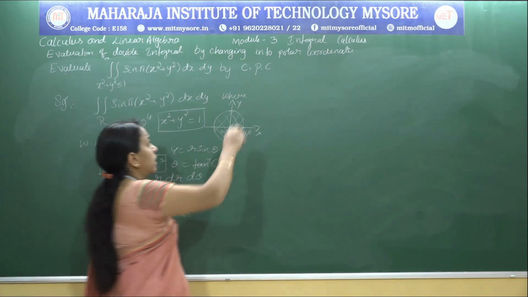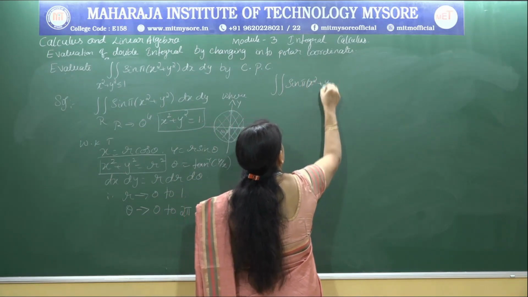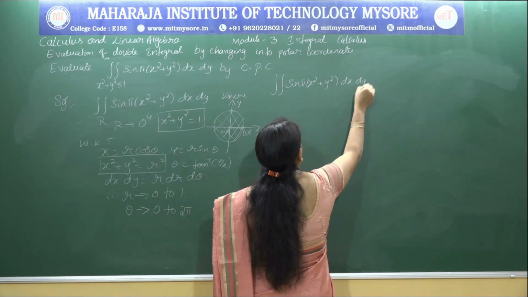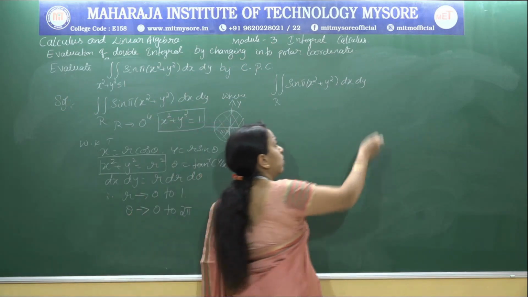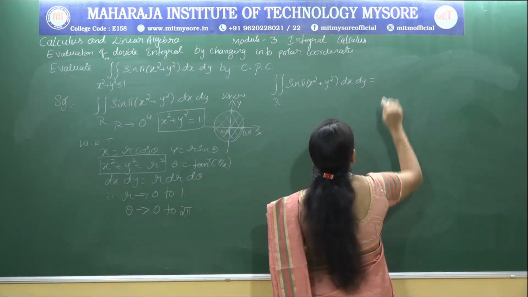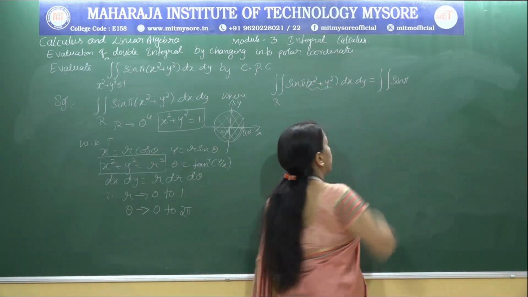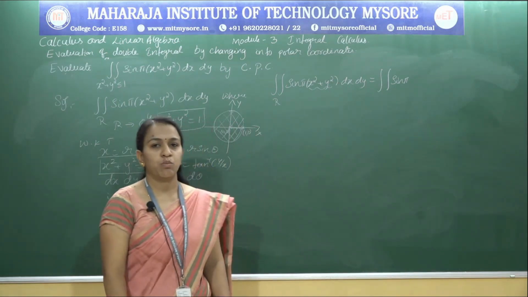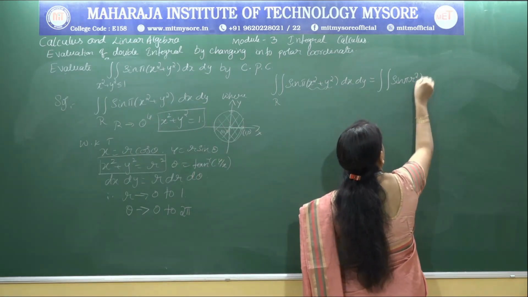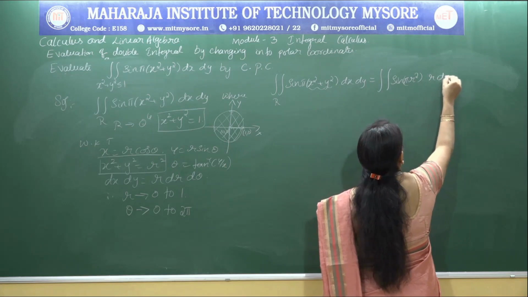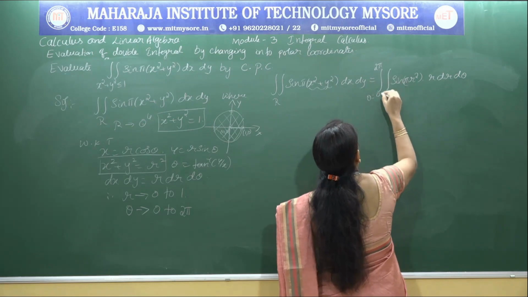So consider the given double integral of sin pi of x square plus y square dx dy over the region R. I represent it by R because R is given by x square plus y square equal to 1, of course less than or equal to 1. That is nothing but the integral of sin pi into, changing Cartesian to polar, x square plus y square can be replaced by r square, and dx dy is r dr d theta, where theta varies from 0 to 2 pi and r varies from